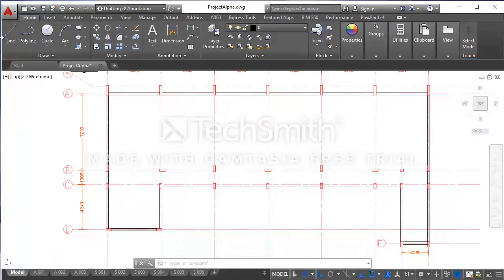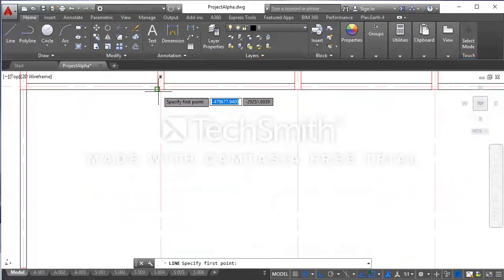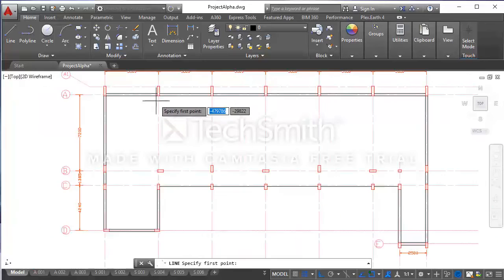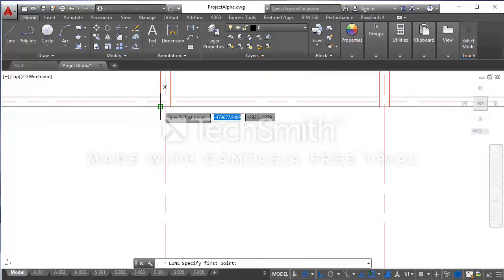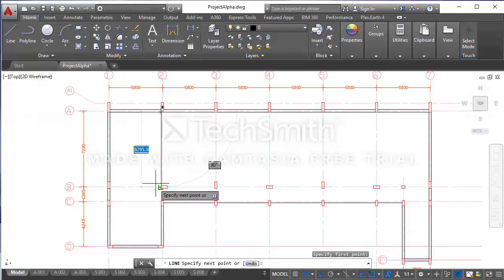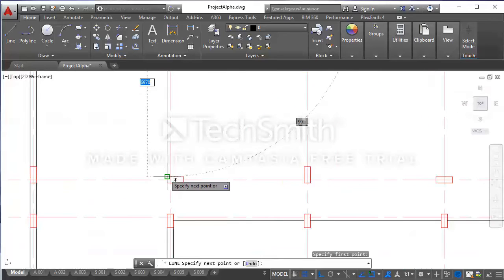Now I will use the line command. I want to connect the column at intersection A2 to intersection B2. So from this column edge here, I will connect my line to it.